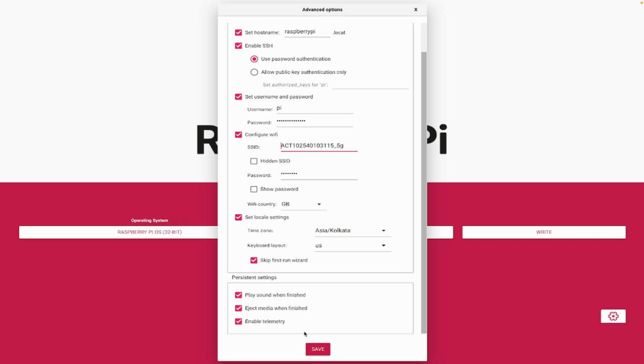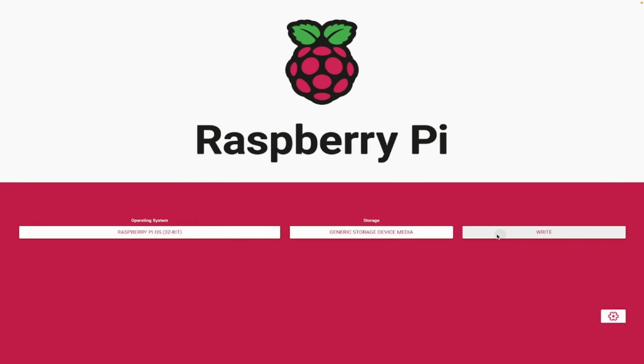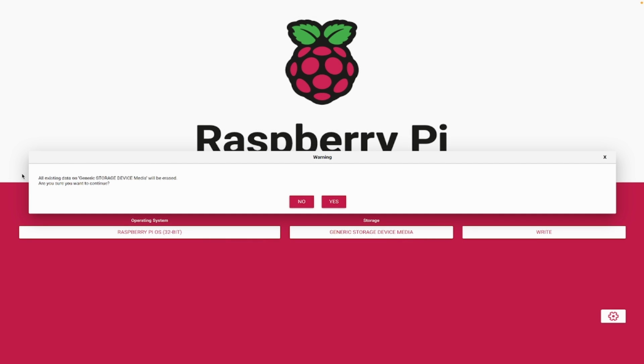Make sure you leave the things here default. You don't need to change anything here. Let's click on save now, then click on write. So again, it will destroy all the data in the SD card. So it says, do you want to continue? Click on yes,